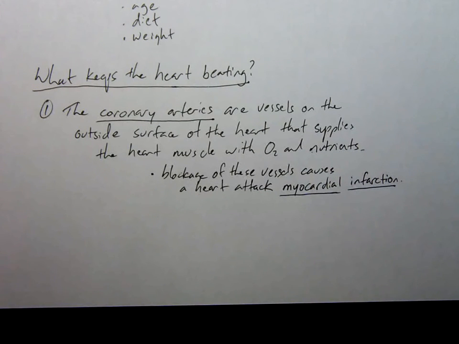What causes a stroke? Same thing, but in the brain. You have a blockage of blood flow. Now, let me go back to this. Typically, a heart attack is an event. It is one thing, whereas what I described was kind of a gradual buildup of plaque and stuff on the inside of the vessels. Typically what happens is a small clot or thrombus forms